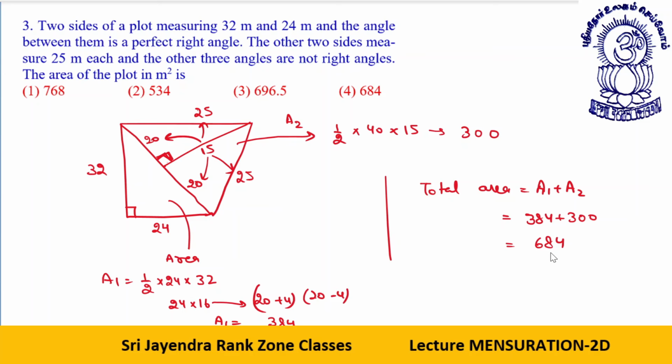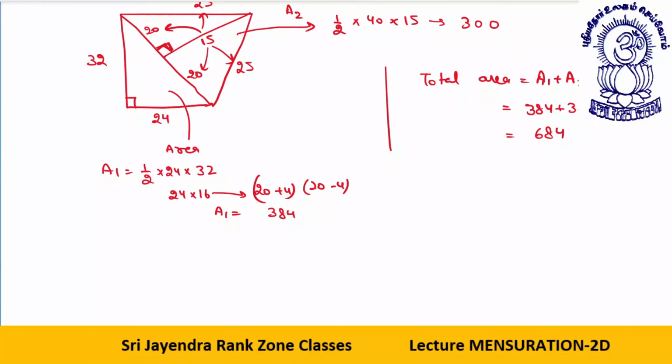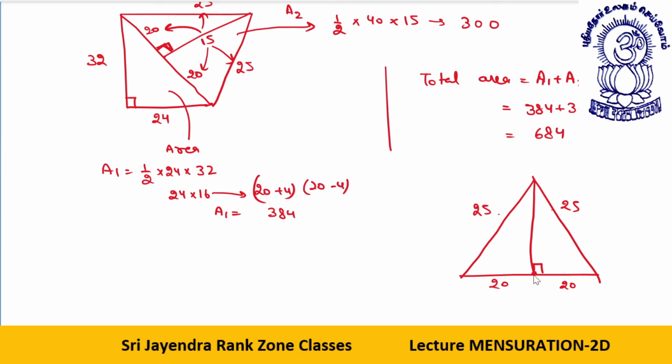If you want, I can explain to you the logic behind this 24, 25, 15, 20 on this page itself. Wait, what I did was I have this as 15, this as 15, 25, 25, and this is 40. Since this is an isosceles triangle, when I drop an altitude, what will happen? It will be 20, and in an isosceles triangle, I have told you in the geometry basics, the altitude also acts as a median. 25, 20, this gives me directly 15, and everything is working out. So I did it by this method. Okay, let's move to the next one.